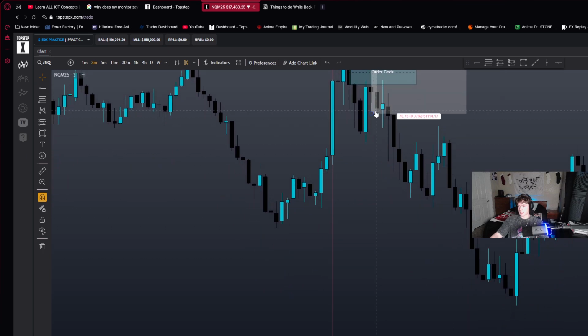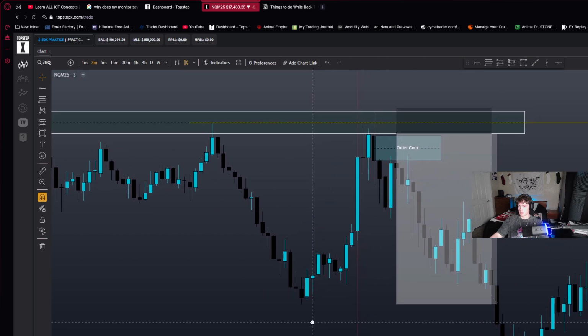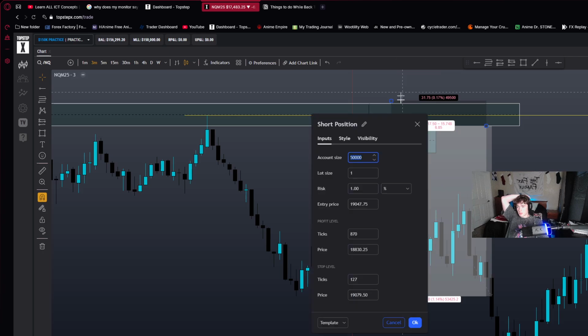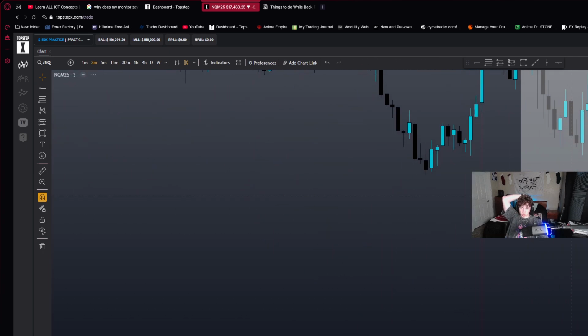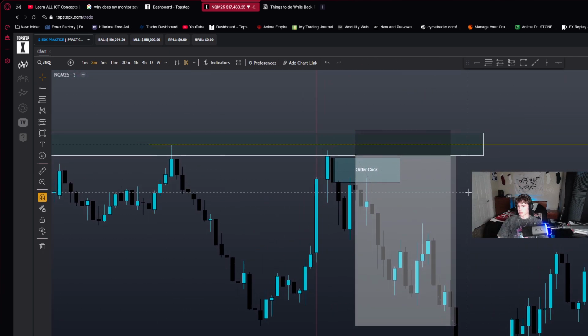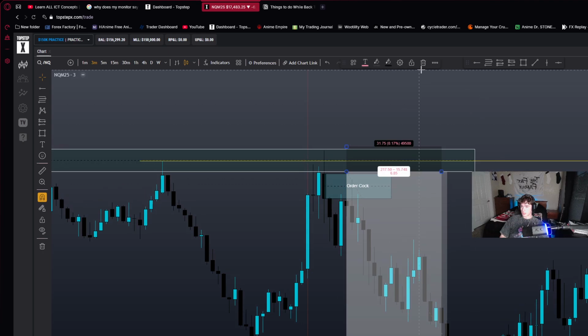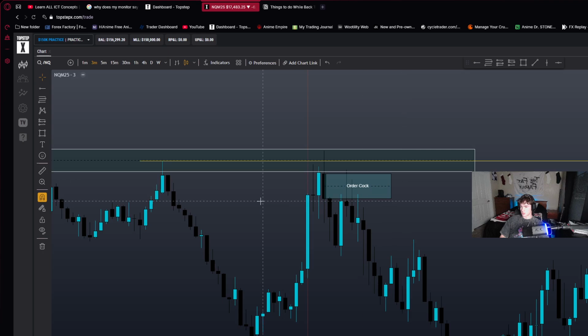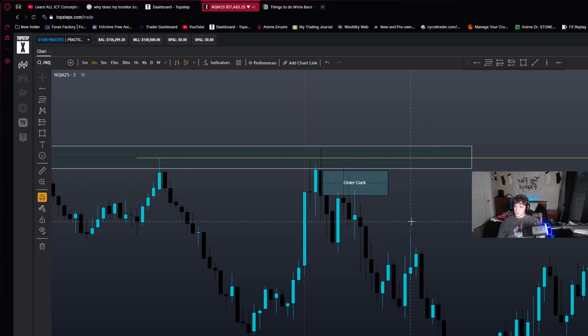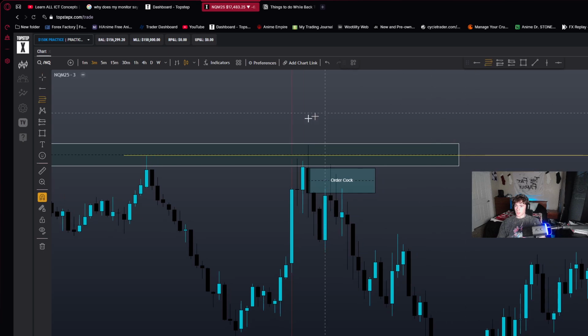Take profit. The day is bearish. You can take profit at pre-market lows. How many ticks is that? 870? Dude, it just makes sense. If you don't like trading on the 1 hour fair value gap, you can always wait for the double retracement, or you could trade the consequent encroachment of the order block. And look at this. Bang. Price reacts off of that. You can also trade off of that.